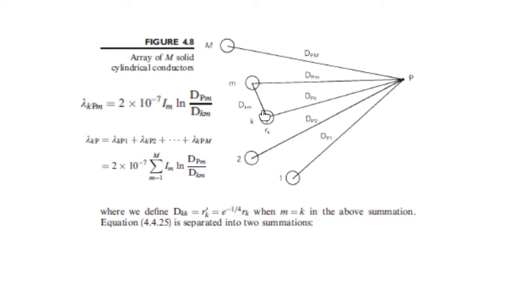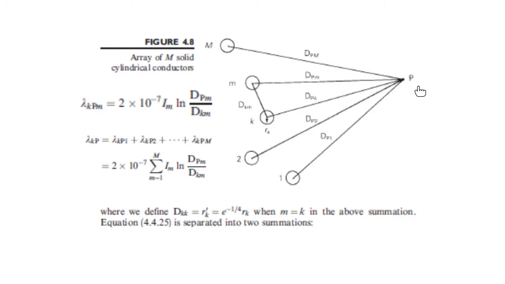Therefore, we get this dKm. So this point here, we want to find the inductance at this point, capital P. This is the point. We want to find the inductance. What inductance? The inductance of the effect of conductor M on K, because every conductor close to each other will have an effect on each other also. So it's not just one